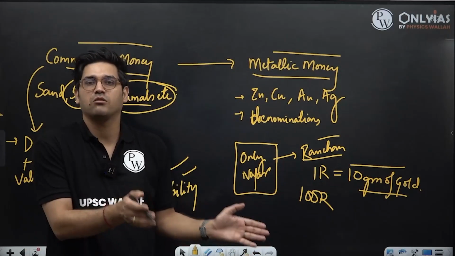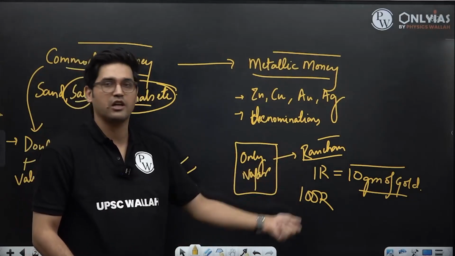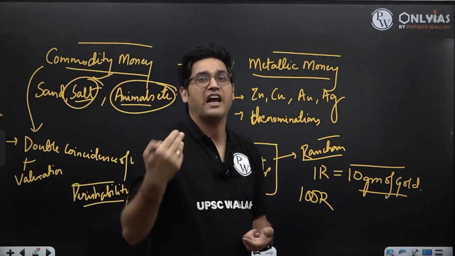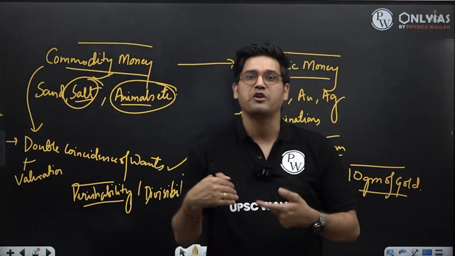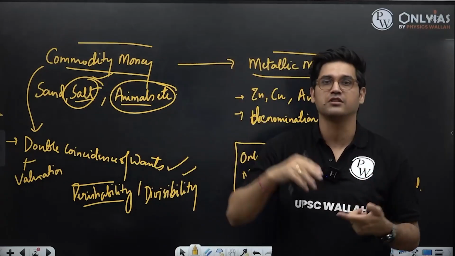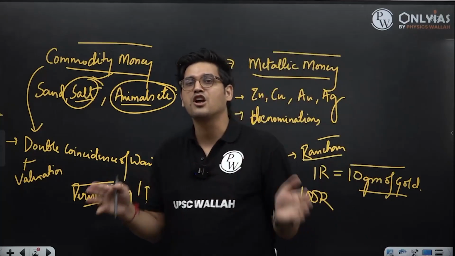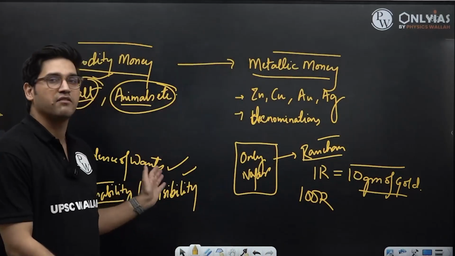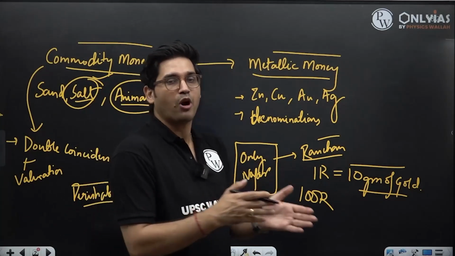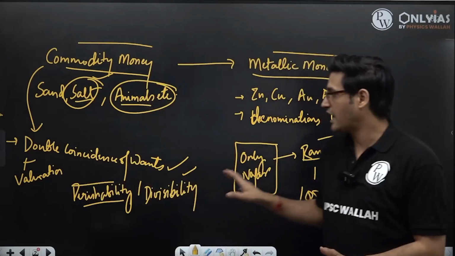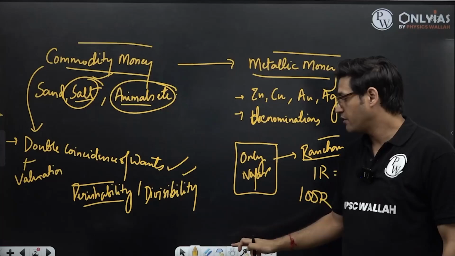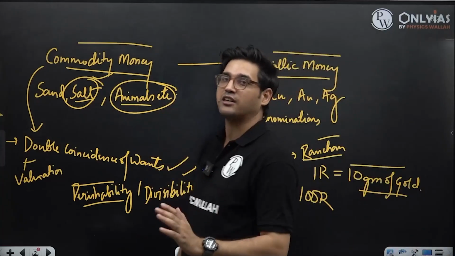You can express the value of this commodity or the value of this money across multiple denominations. For example, you have a rupee 1 note, a rupee 5 note, a rupee 10 note, a rupee 20 note, rupee 50, 200, 100, 500, even 2000 for that matter. These are various denominations, so this money is also divisible. If you don't have rupees, then you will have paisa. 100 paisa equals 1 rupee. The problem of divisibility gets solved by having denominations. So metallic money essentially solved all the problems of the barter system.